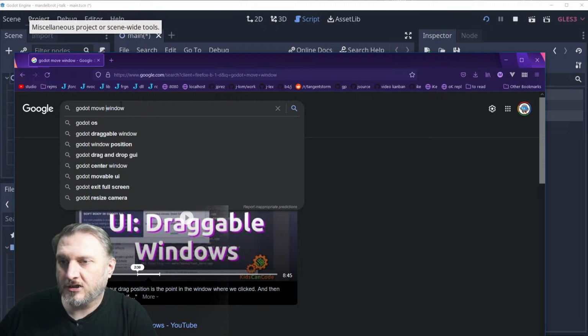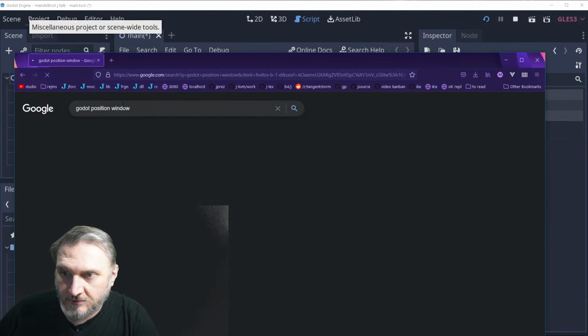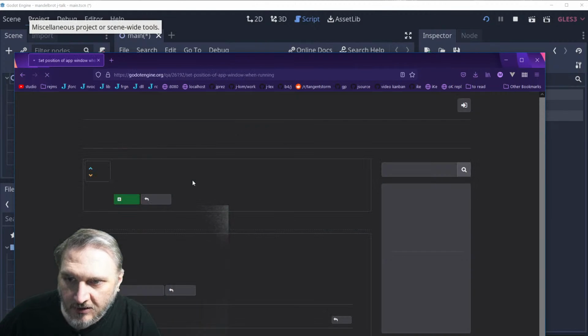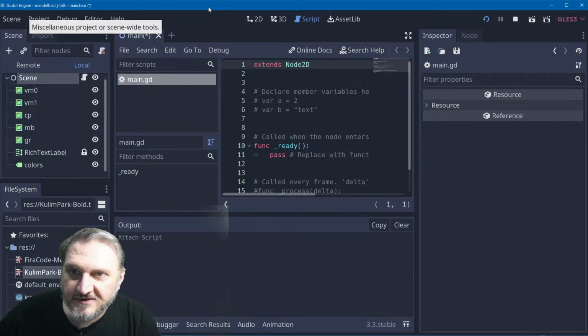So you might not be able to do this when position window. Of course, you've got to be able to do it, like tap window when running either. You got to be able to do it because you know. Oh well, actually that's fine. Editor settings, run tree. Okay, so that's not what I was wanting to do, but